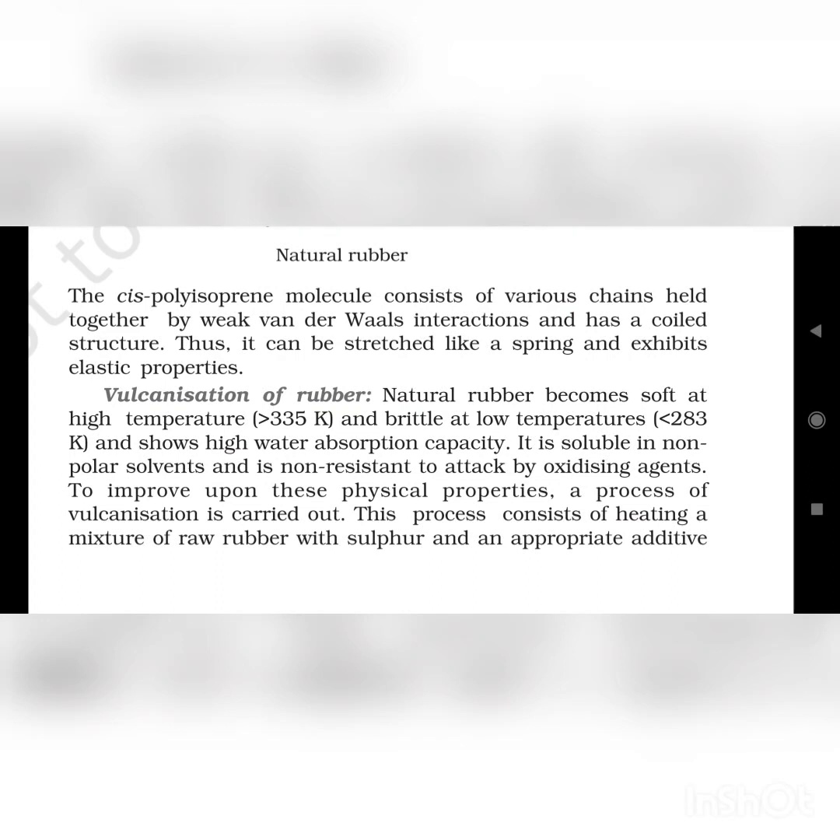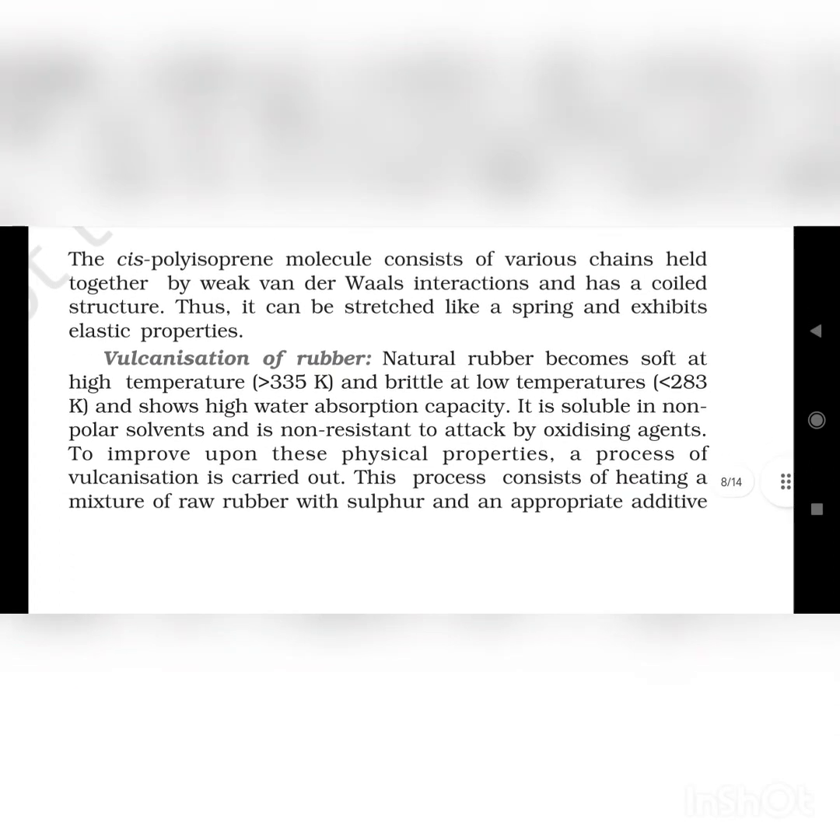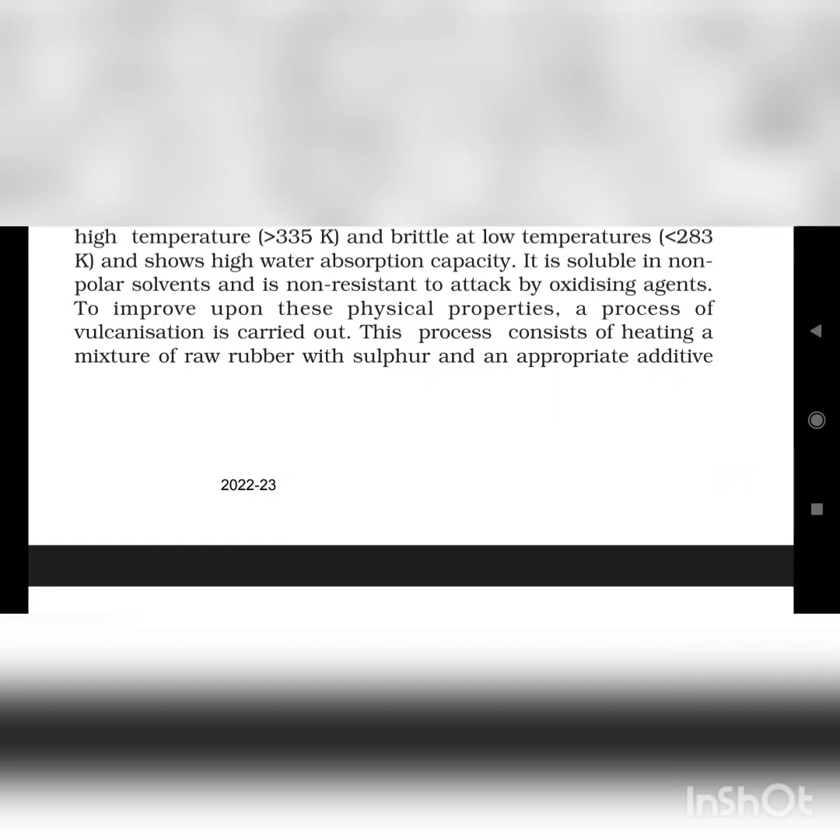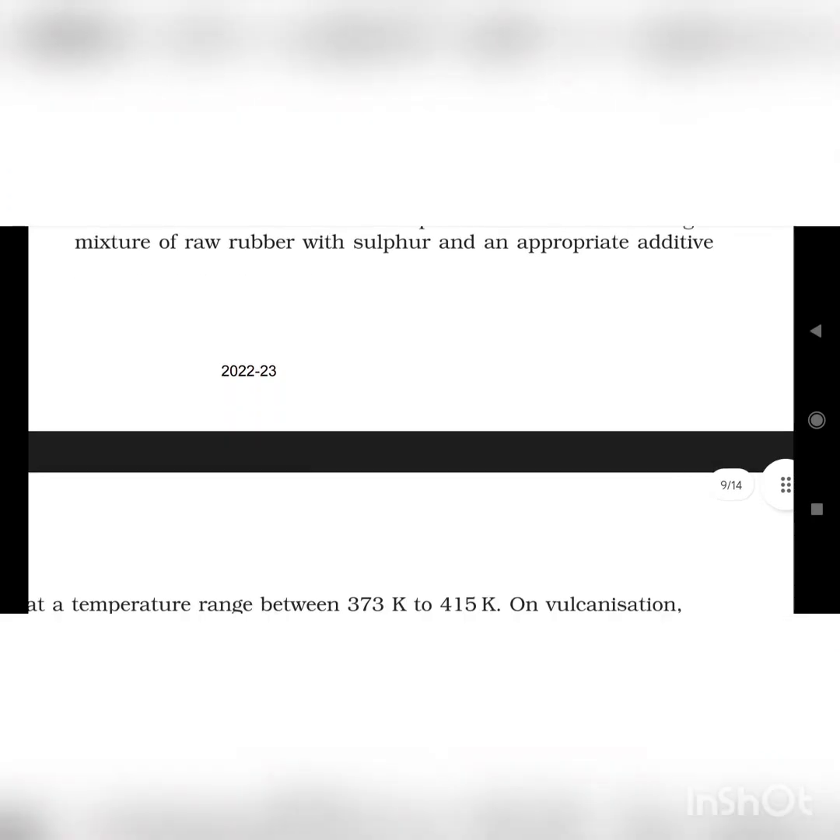Vulcanization of rubber. Natural rubber becomes soft at high temperature and brittle at low temperature and shows high water absorption capacity. It is also soluble in polar solvents and is non-resistant to attack of oxidizing agents. To improve upon these physical properties, the process of vulcanization is carried out. This process consists of heating a mixture of raw rubber with sulfur and appropriate additives